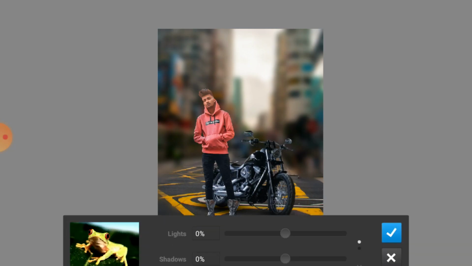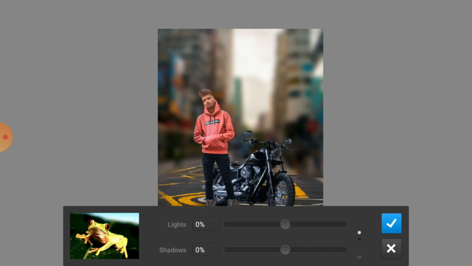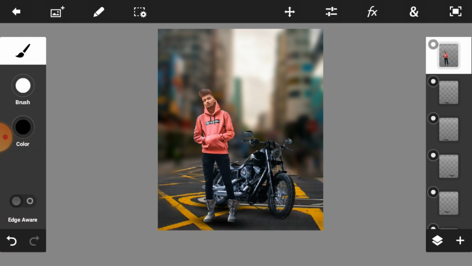You can also choose any other effect or any lights. So now we are going to adjust the light and shadow. This one is also important, but you can use this one as per your image. Sometimes it will be used or sometimes it doesn't need to be used. Now it's completed. Just click on the right icon. So the work is almost done. So you can see that the effects have come out and the editing is completed, and you can also add some extra effects from FX.